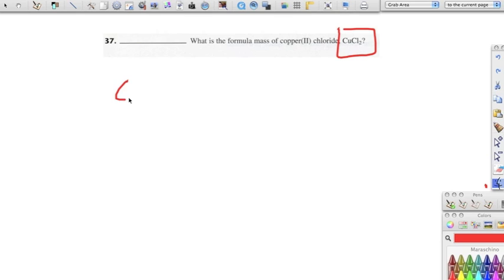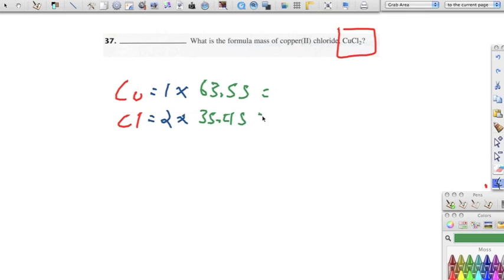We're starting off, we have copper and we have chlorine. We're going to go ahead and see how many of each of them we have. We have 1 copper and we have 2 chlorines. We're going to multiply those guys by their atomic masses, and we find them on the periodic table. Copper is 63.55, chlorine is 35.45, and we multiply those guys out, and we see that we'll end up with